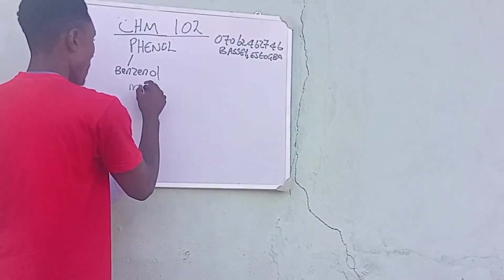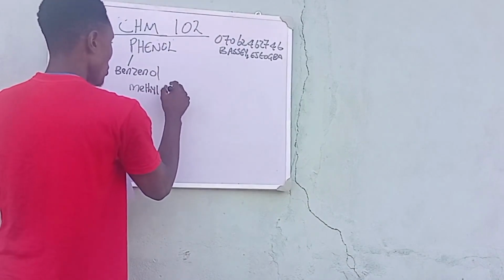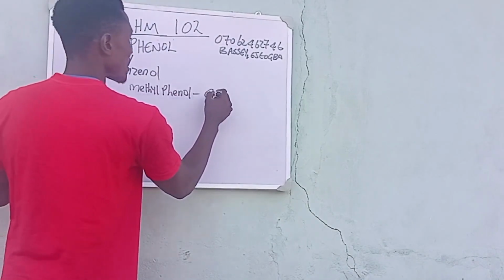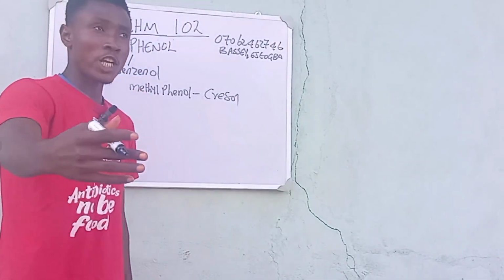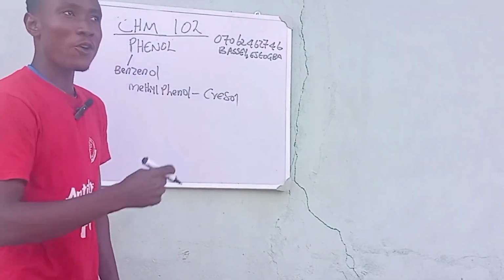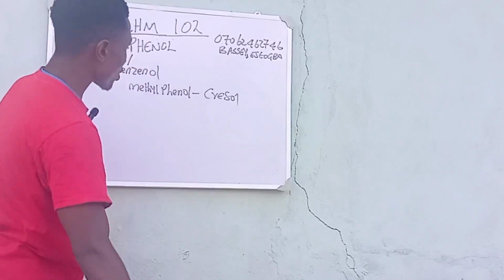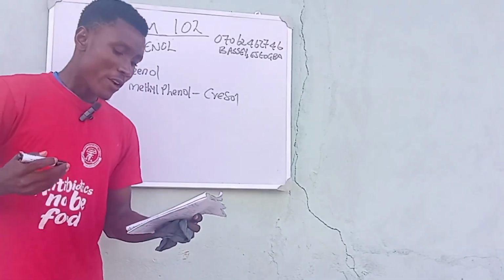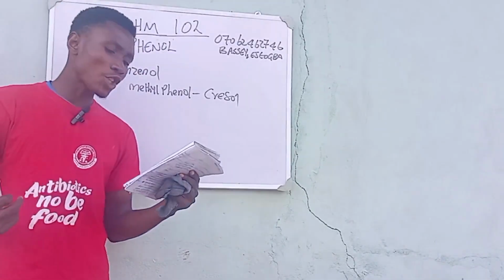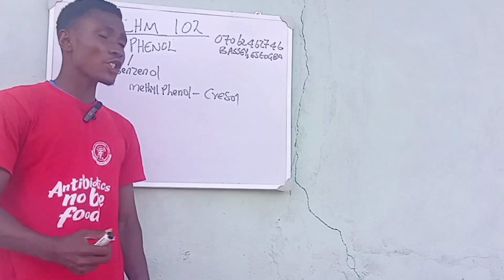So we say our methyl-phenol is also known as what? Cresol. Just as every other person, I have my own special name, you have your own special name. So when it comes to methyl-phenol, it also has its own special name. And the special name for this methyl-phenol is known as cresol. Now, based on the position of the methyl, the CH3,